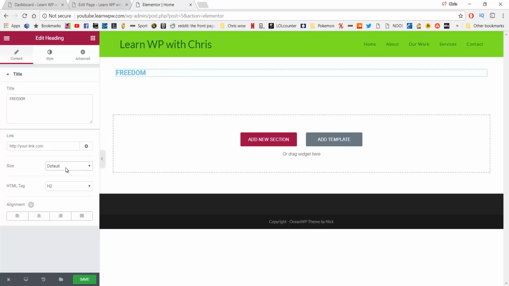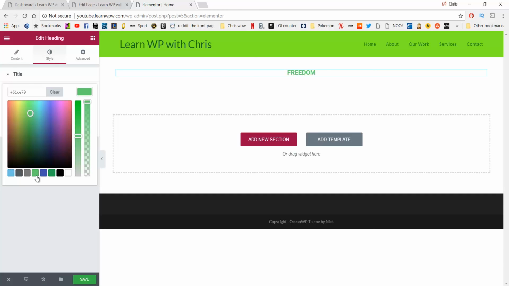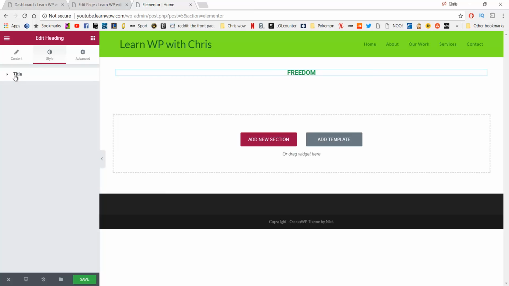Let's have a look here. We have size as well. You can make them large, extra large, medium, and you can also align it. So I'm going to align that into the center. And of course, if we go up to style, we can then change the text color, and we can also, let's have a look,